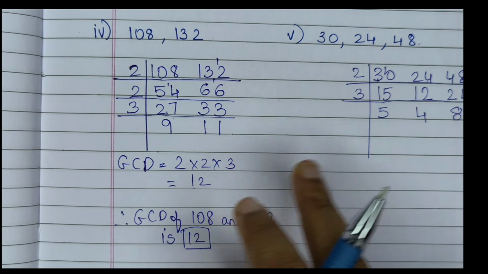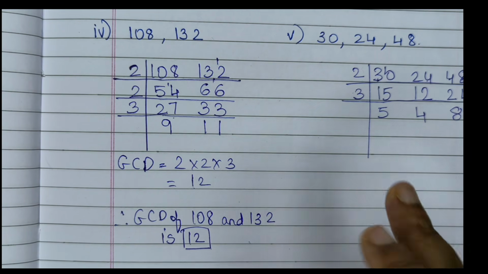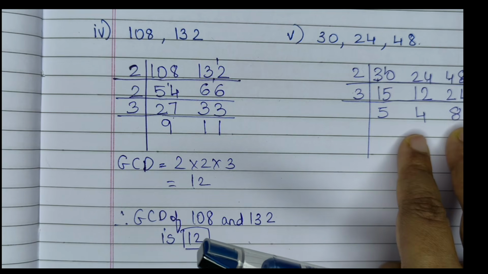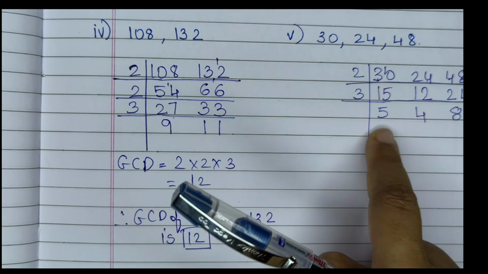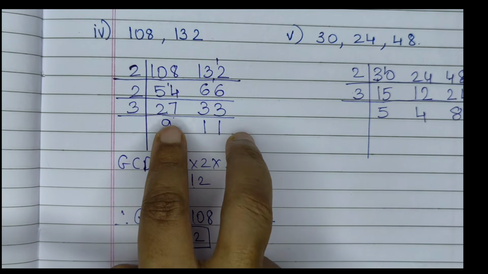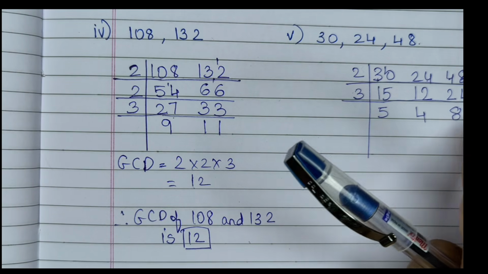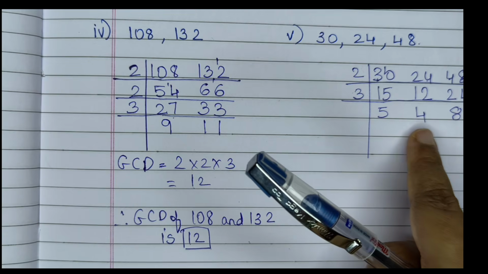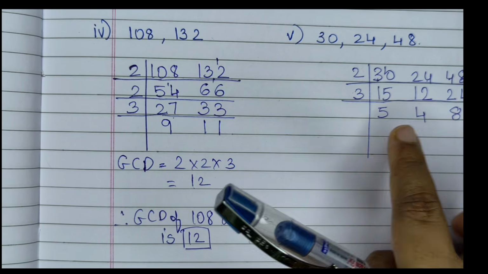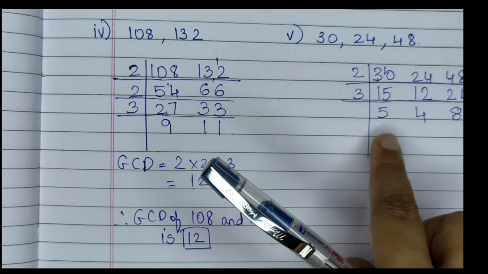Now again, can you proceed? No, you cannot, because see, 4 and 8 will go in the 4 times table. Will 5 go in the 4 times table? No. Either those two numbers have to go together in one table, 2 numbers or 3 numbers. If 3 numbers are there, all the 3 numbers have to go. Understood? So now if I take 4, 4 is only going in 4 and 8. It's not going in 5. So we have to stop this division here.